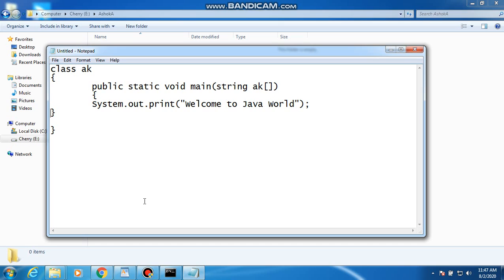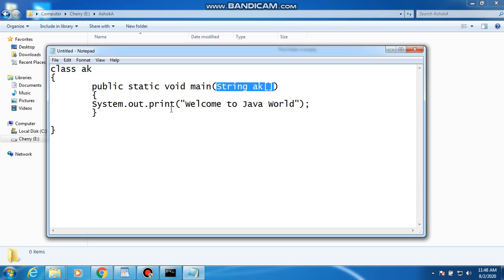Then close the main. Look here, students, here is the class name. After the class opening, this is the main function: public static void main, and String, keep here as capital String AK. It is the command line argument.